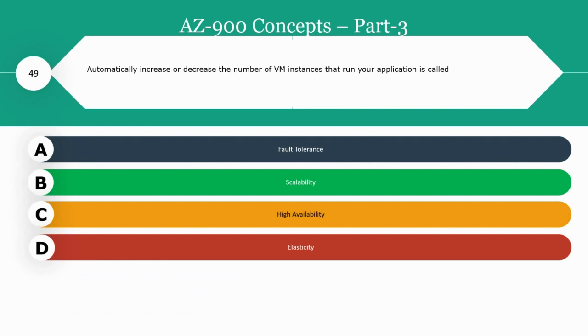Next question: automatically increase or decrease the number of VM instances that run in your application landscape is called as option A, fault tolerance, option B, scalability, option C, high availability, option D, elasticity. Here the right answer